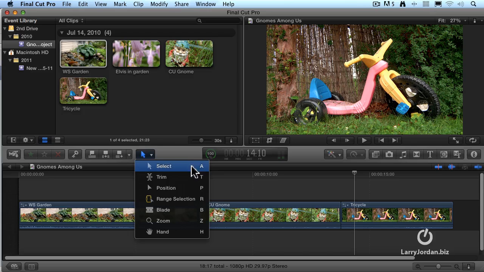It's right over here. There's our main selection tool. Keyboard shortcut is the letter A. For trimming, we have a trim tool. Keyboard shortcut is T. And a position tool, range selection, razor blades, a zoom tool, and a hand. We'll talk more about these as we get into editing itself. For right now, not only do we have the tools, but every single one of them has a keyboard shortcut